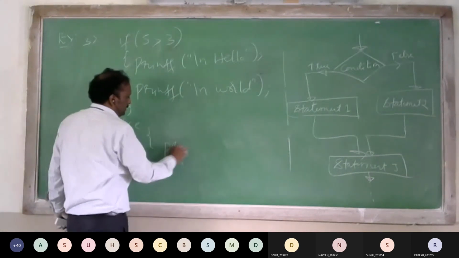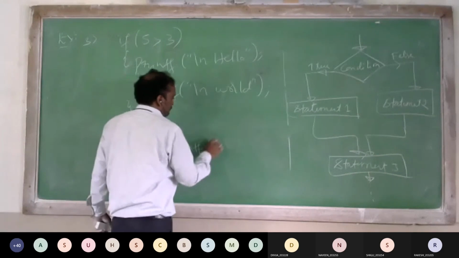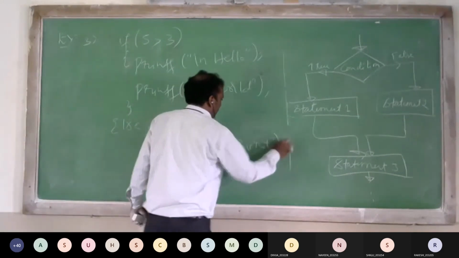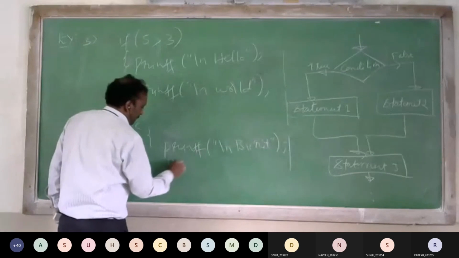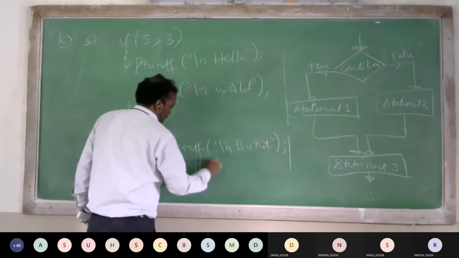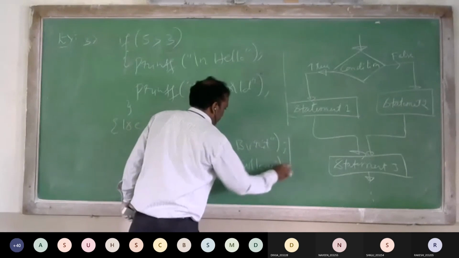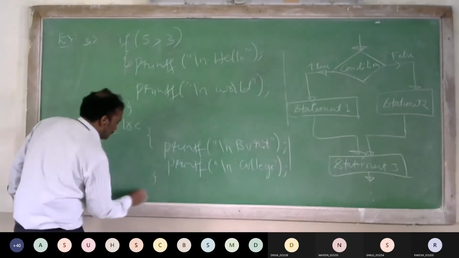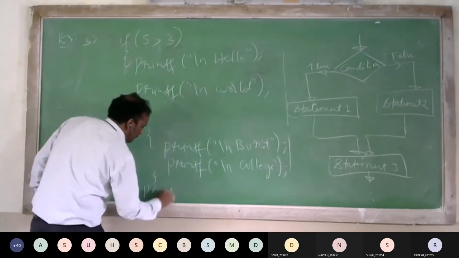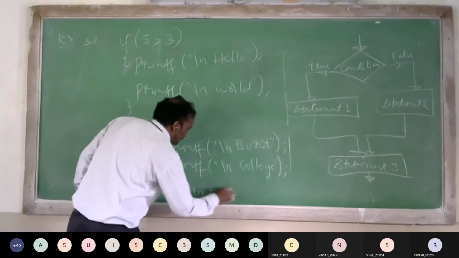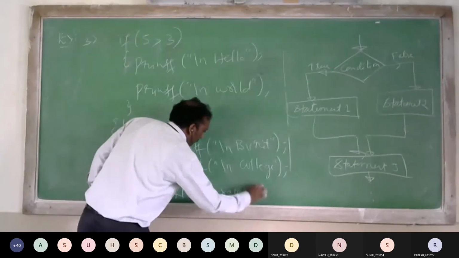If you want to write many statements, again printf BVRIT, printf college, close the flower braces, printf example.